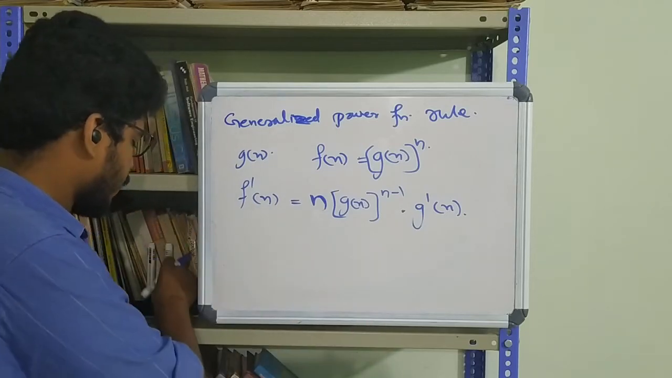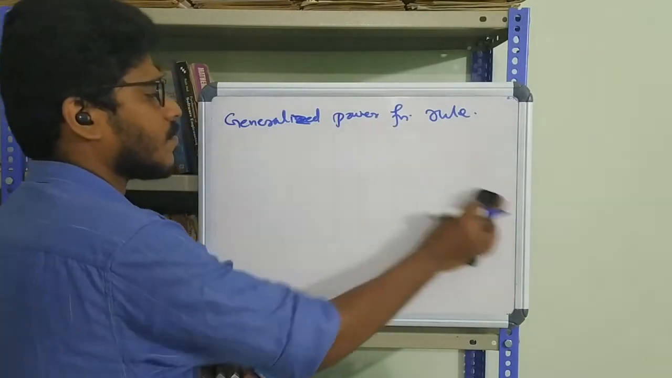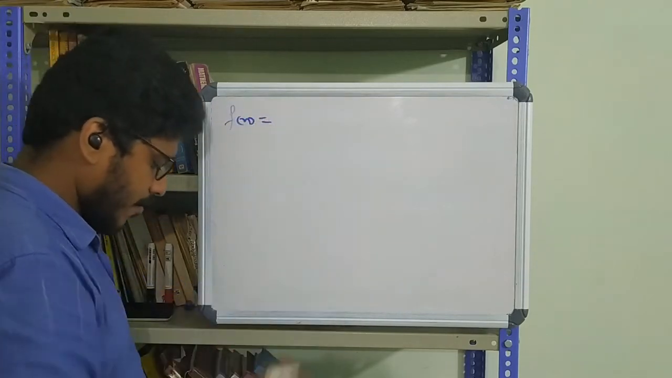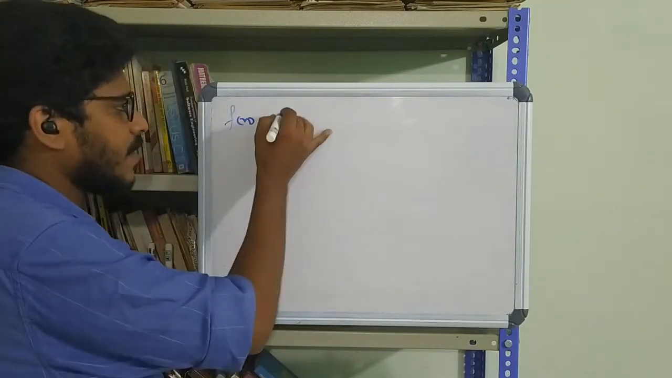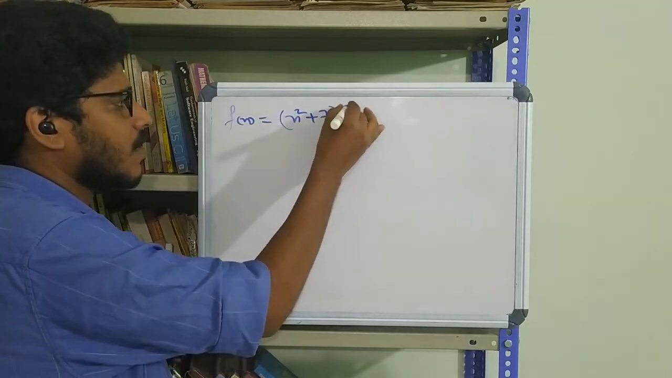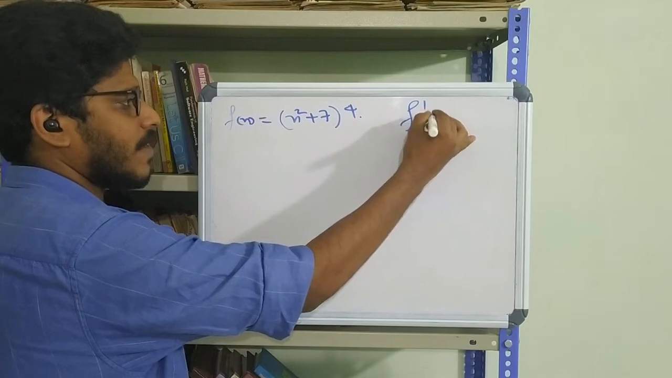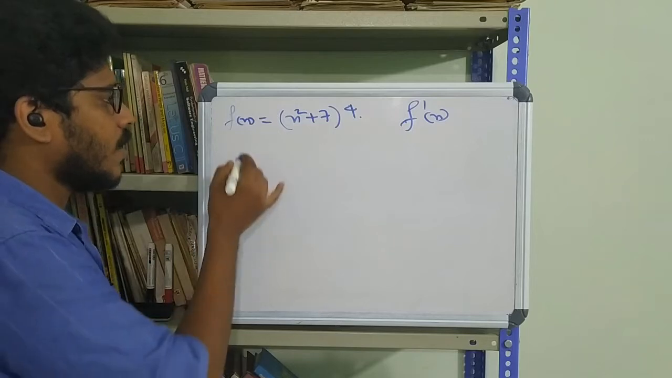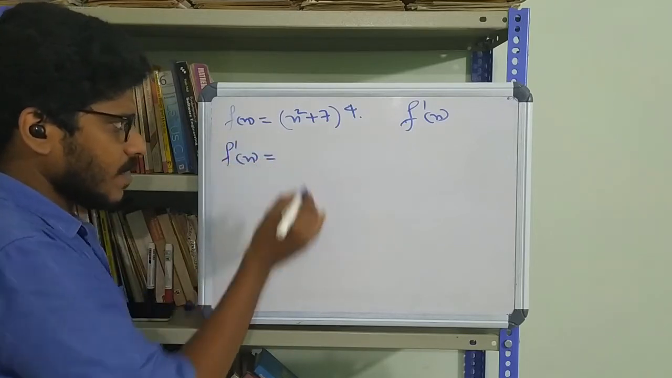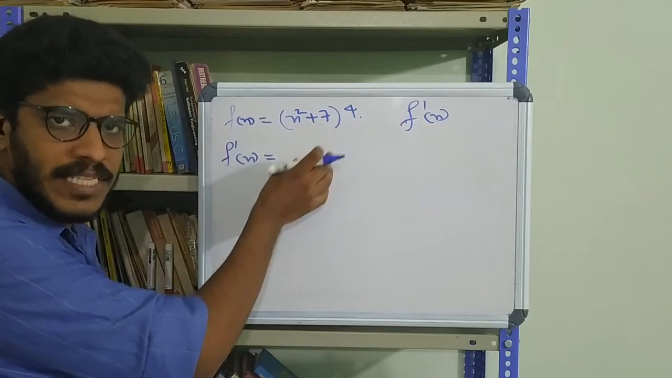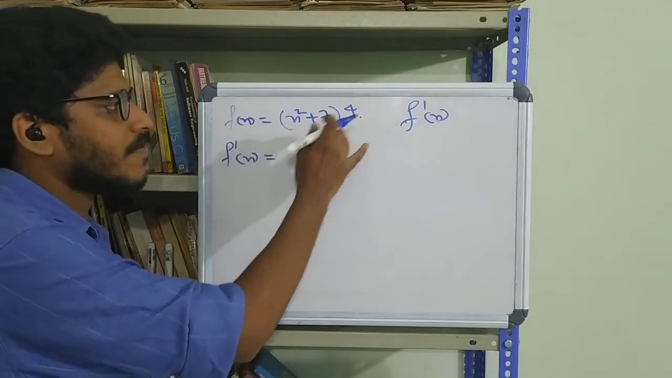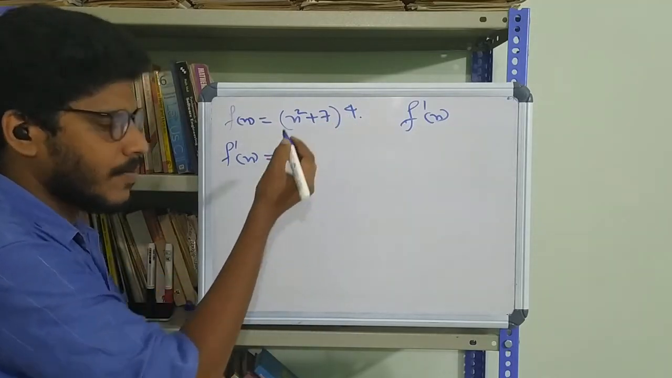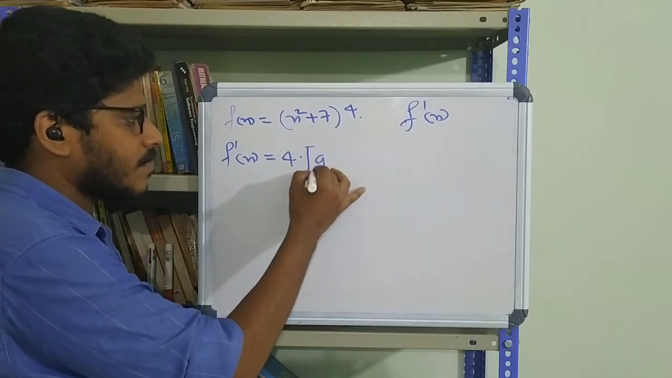Let f of x equal (x square plus 7) whole raised to 4. Find f dash of x. We will make use of the generalized power function rule here. So for f dash of x, we can consider x square plus 7 to be the g of x here. Then f of x is nothing but g of x raised to 4. If that is the case, f dash of x is n into, that is 4 into g of x,